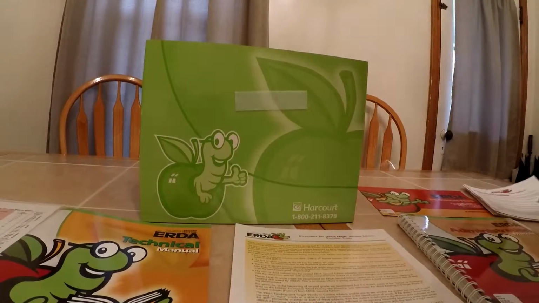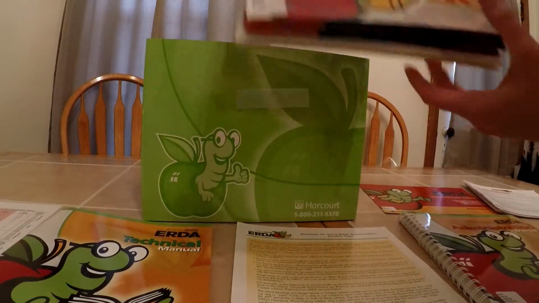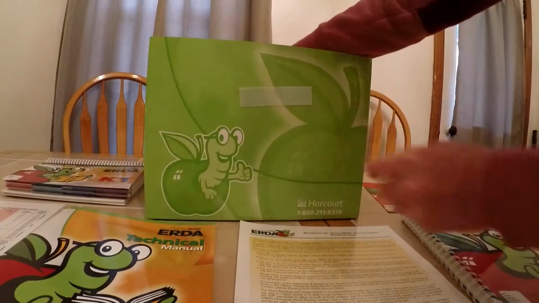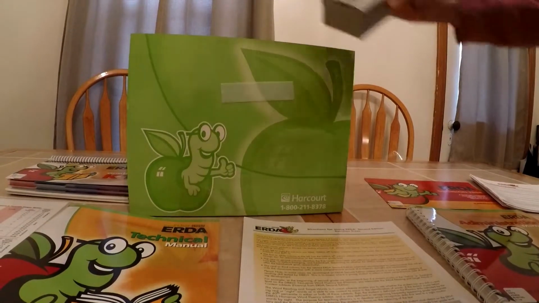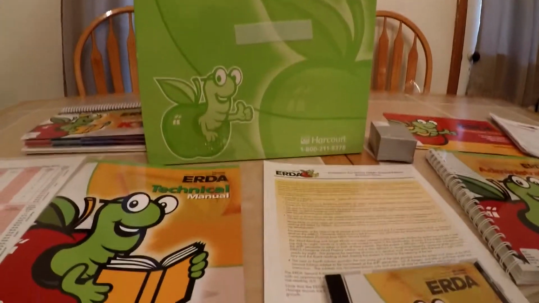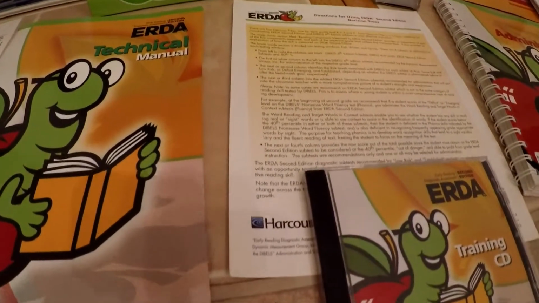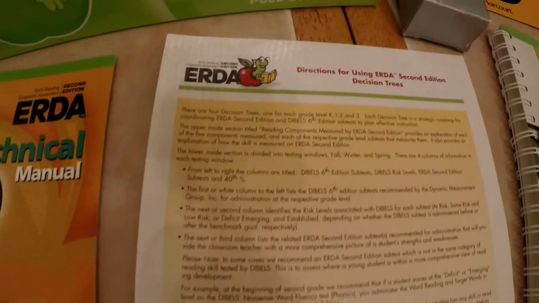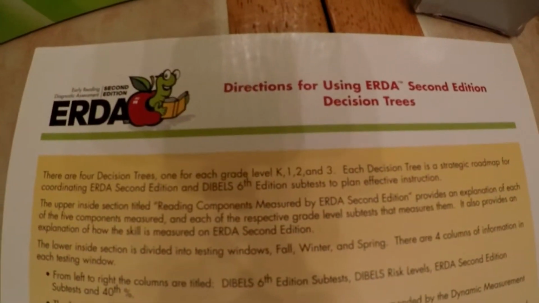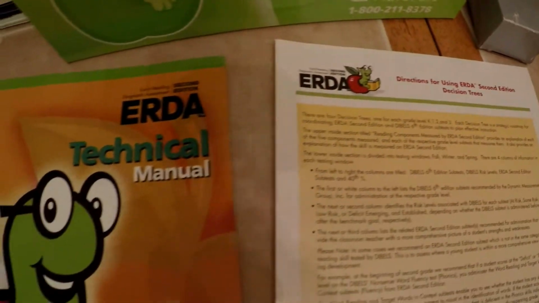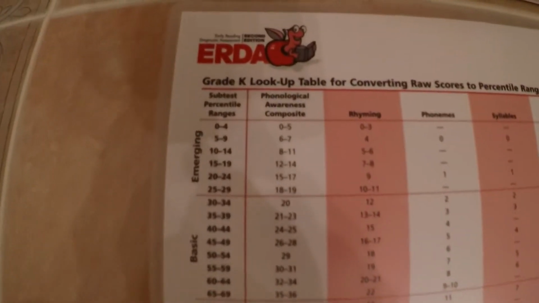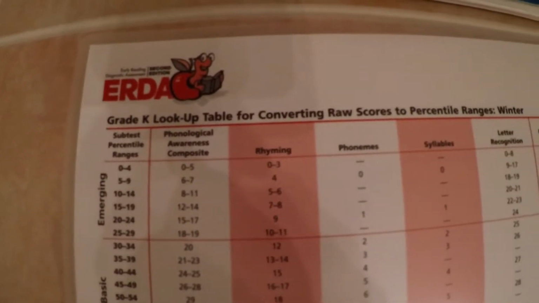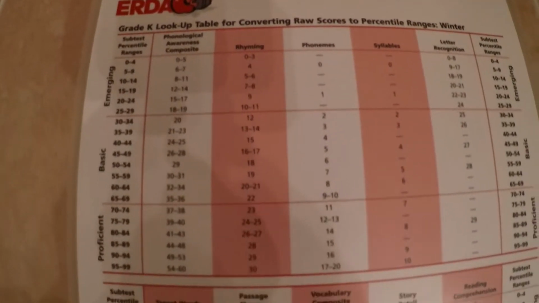Next, we'll take a look at the materials. The materials that are included within the ERDA assessment include a training CD that trains teachers on how to administer this assessment, directions for using ERDA Second Edition, decision trees that entail recommended subtests that help provide a higher level comprehensive visual of reading strengths and areas of improvement, the technical manual that gives a detailed description of how the assessment is to be administered along with what the student will perform,